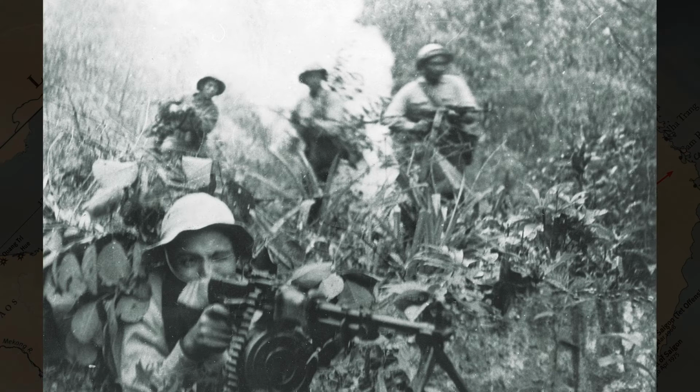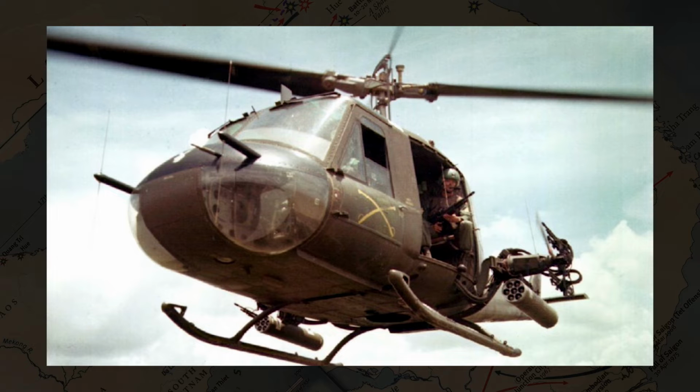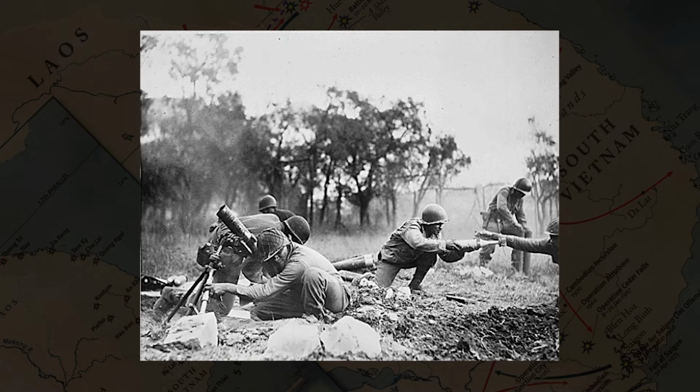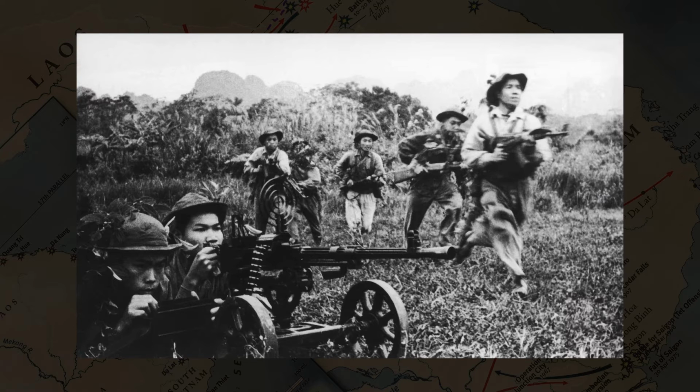6 MACV-SOG operators had to stay alive in an enemy base camp across an open field against an estimated count of about 30,000 hostiles. The Green Hornets were on the way but were about 10 minutes far from their location. The team fired back, blasting a couple of claymores and lobbing grenades, but the NVA just kept on charging despite